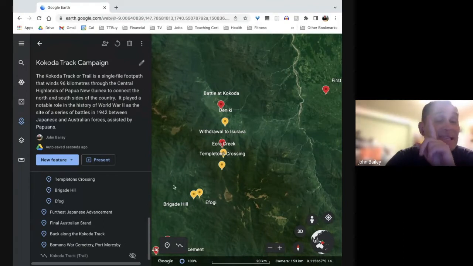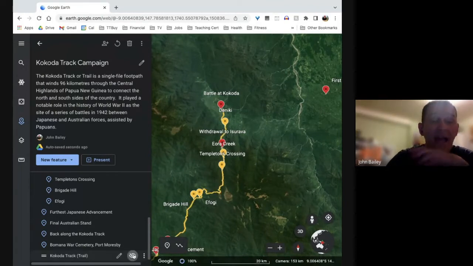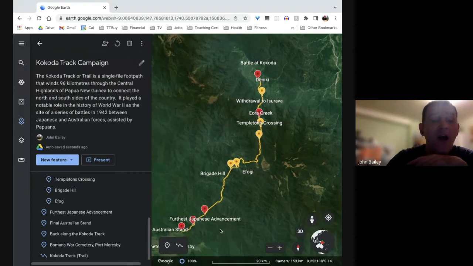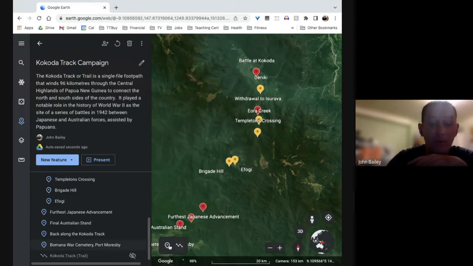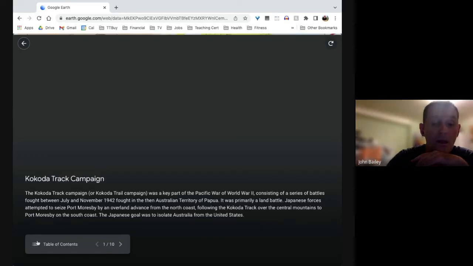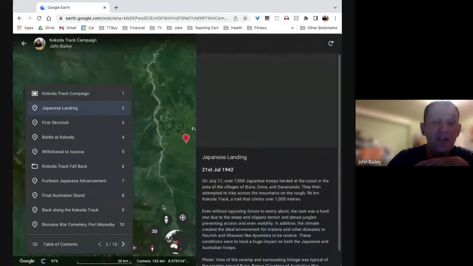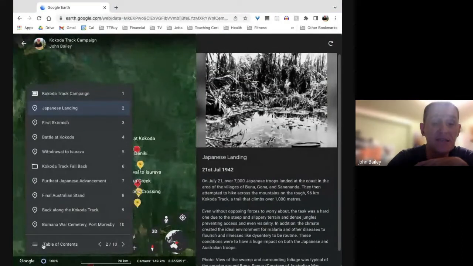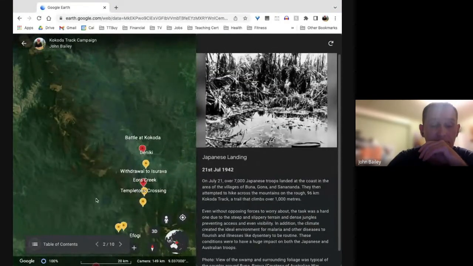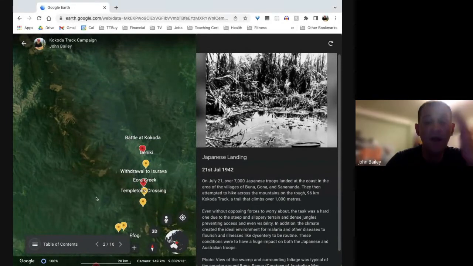Now, I haven't deleted the line. If I click it again, it reappears. What I've done is I've made it invisible. And if I go into present mode now, it's no longer there. There isn't an 11th feature. If we go and we look, it's vanished,